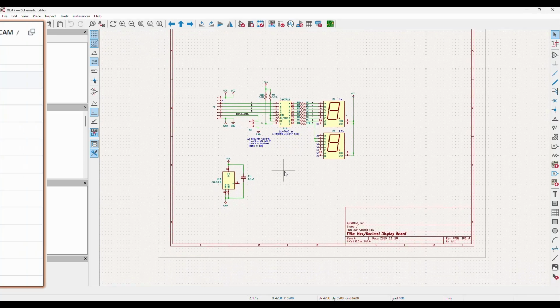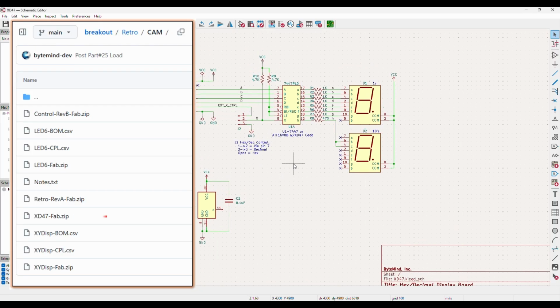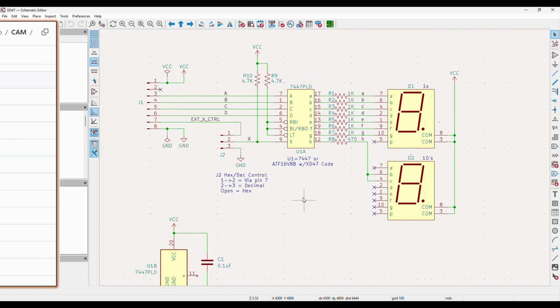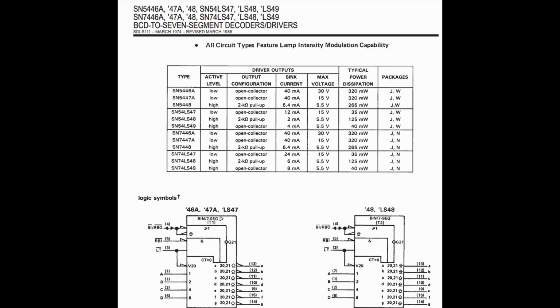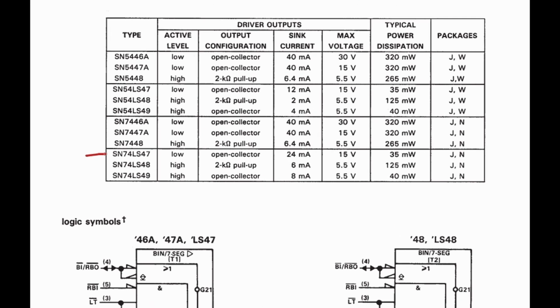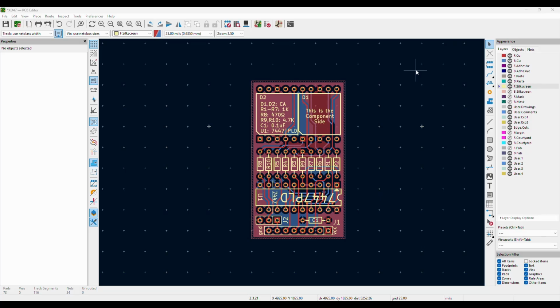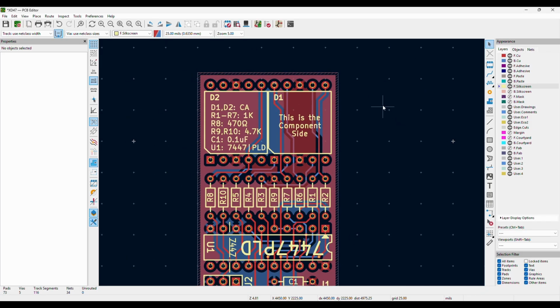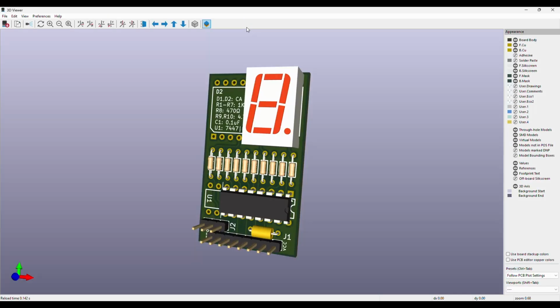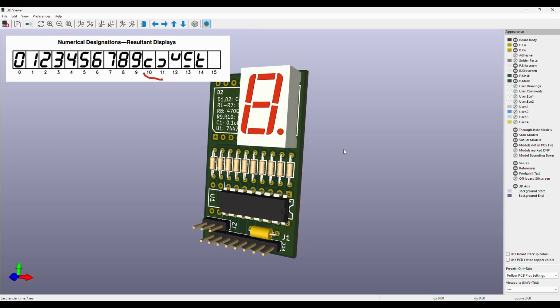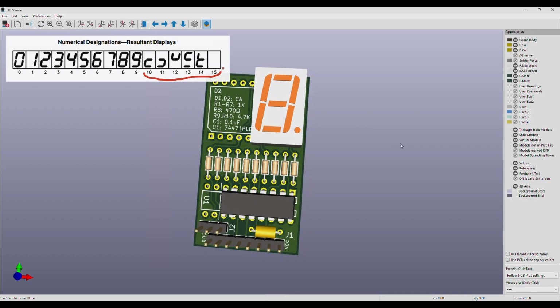The second widget I created is a digit display. This one has a couple of options. You typically want to use 7447s to drive common anode displays because the 7447s can sink a lot more current than 7448s, and they're still made. The first option for this board is using a 7447 to drive a single 7-segment display. You'll get proper digits 0 through 9, then the crazy stuff after that.